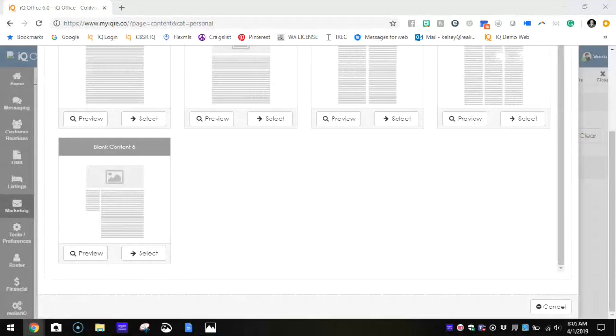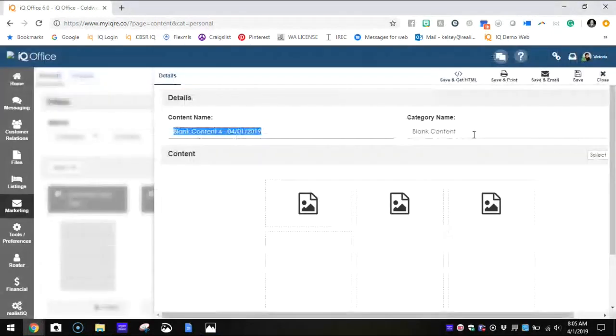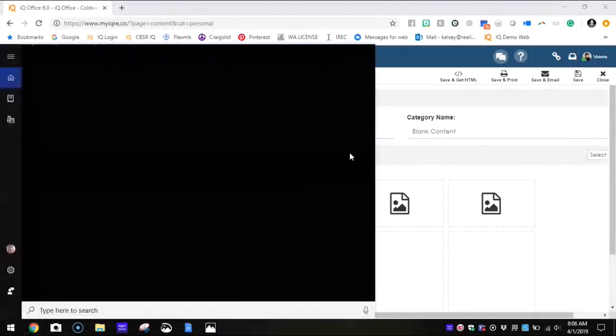So I'm going to go ahead and select one of these templates, and I'm going to just select this blank content. When I do that, at the top I have to name the content and then give it a category name. When we first logged in and I was searching by the name or the category, this is where that information is pulling from. So if I name this content, perhaps this is going to be